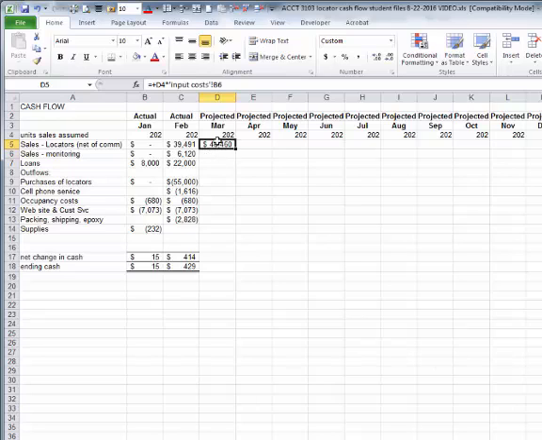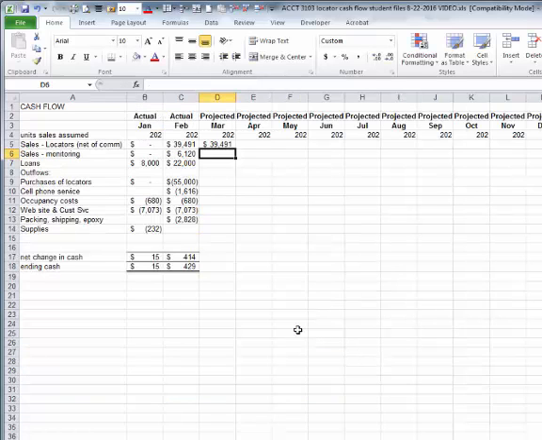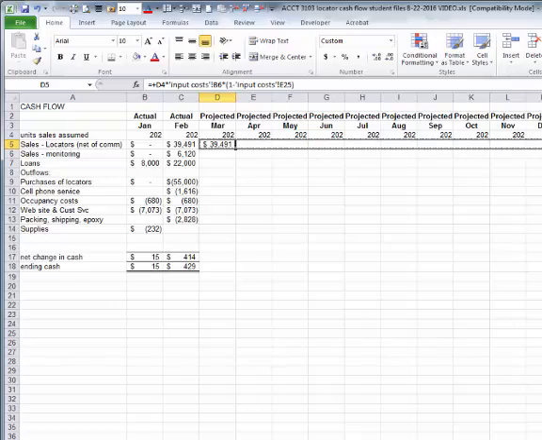All right, and it's going to be net of commission, so times 1 minus, so we just want 85% of it. And so there we go. Okay, so we're just going to assume that revenue is going to be the same every single month. Okay, why did they do that?